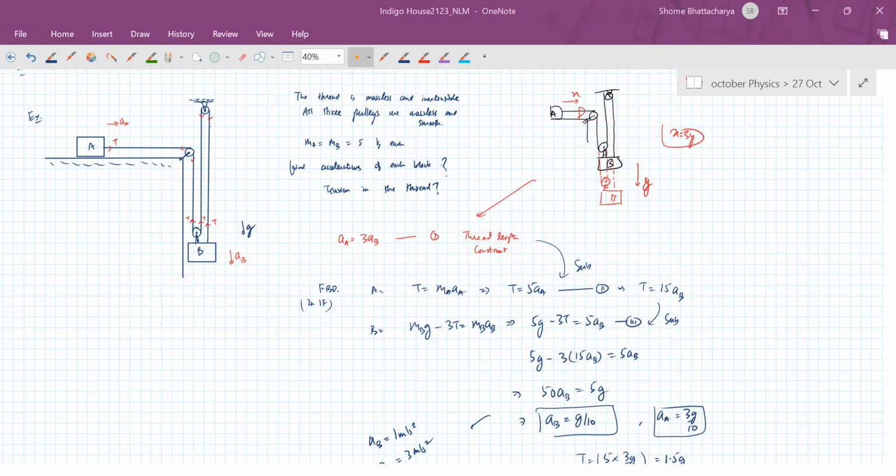Yeah, tension remains same, Siddharth, because it's the same thread. So it's a massless thread, so tension will be same at all points in magnitude. Sir, if we take mass of B different or mass of A, then also it will be same. Yeah, the tension being same has to do with the fact that the thread is massless. Remember, whenever we have a massless thread or string, the tension is uniform. We had discussed about that, right? So done.